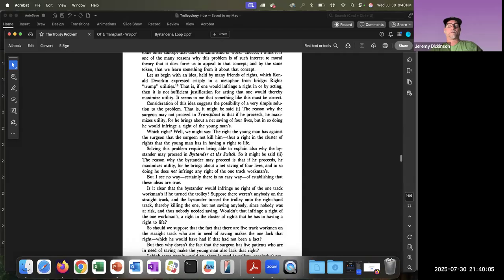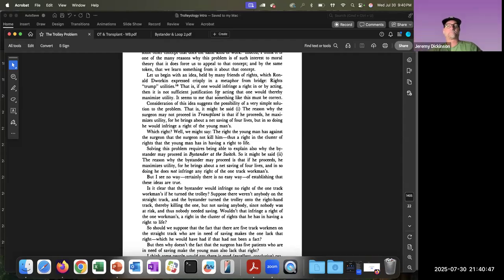And she mentions this philosopher named Ronald Dworkin, who is a rights-based theorist, and he gives us a helpful slogan: rights trump utilities. That's in line with thinking about those who would say, in the non-utilitarian way, that you can't just kill an innocent person, violating their right to life and right not to be killed, even if that results in bringing about, on balance, more happiness in the world, right? Because the idea is that rights trump, or morally outweigh, utilities, where utilities are understood as good outcomes, happiness outcomes, or some such.